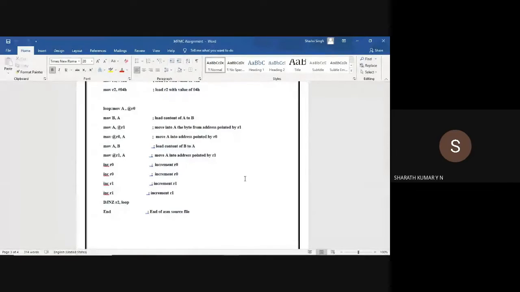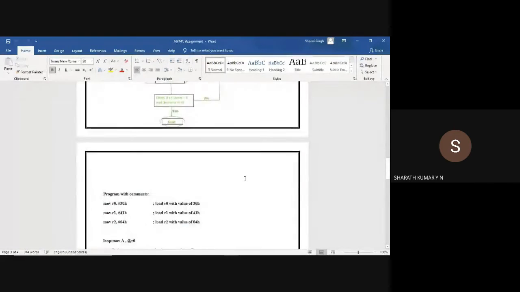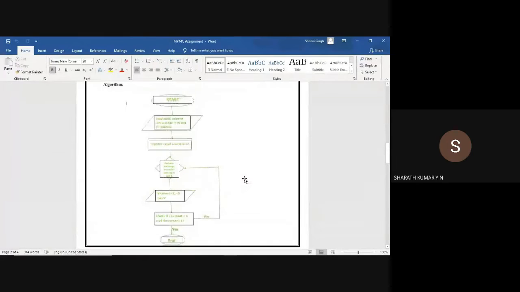Sorry to interrupt you, you need not explain the program, you explain the algorithm. You take data from 30H to 40H, and only the even locations you have to exchange. Let me look into the program again. A program to exchange the numbers in even locations between 30H and 40H with the numbers in the odd locations between 40H and 50H.